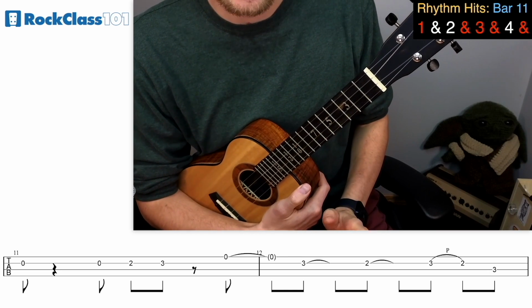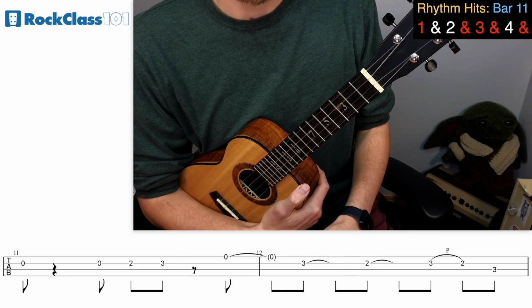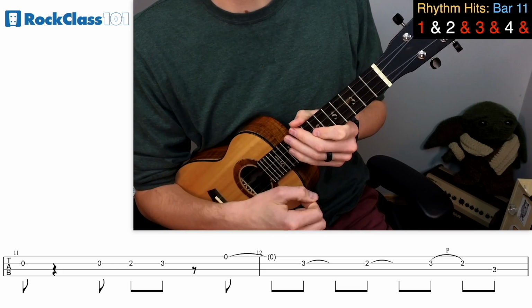Going into measure 11, measure 11 is exactly the same as measure 9. So in time, 2 and 3 and 4 and...